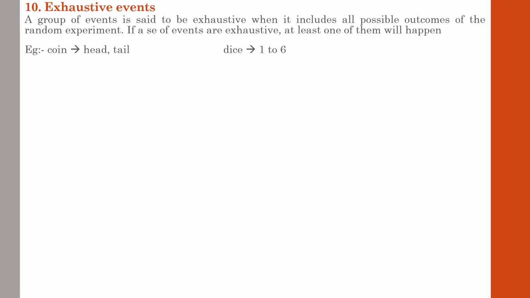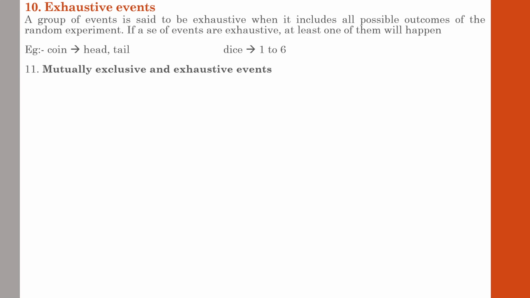In simple terms, it means the chance of happening of an event out of a random experiment is known as an exhaustive event. In a coin, the chance of happening is head or tail. One of them will surely happen. In case of a dice, we know that there are 6 sides. If you throw a dice, any number up to and including 6 will happen. Events that have the chance of happening. The chance of happening of 2 is similar to the chance of happening of number 3. That is the concept.